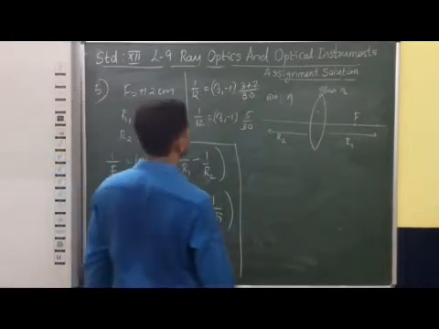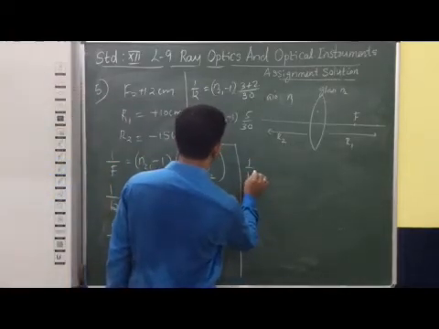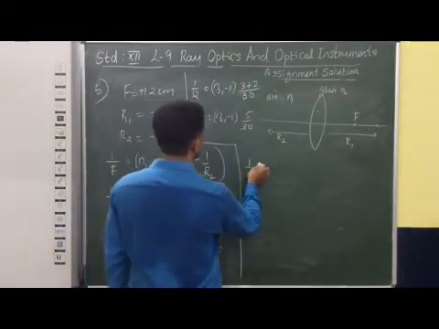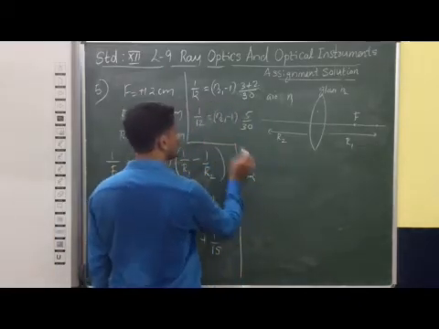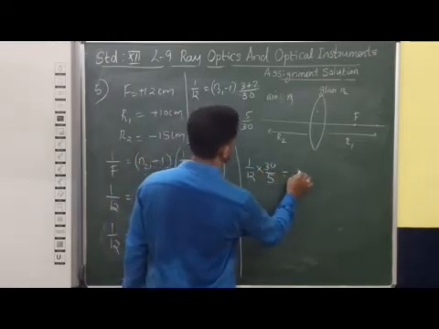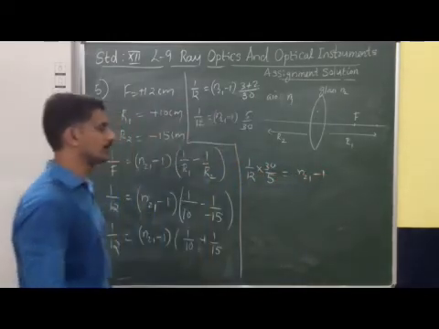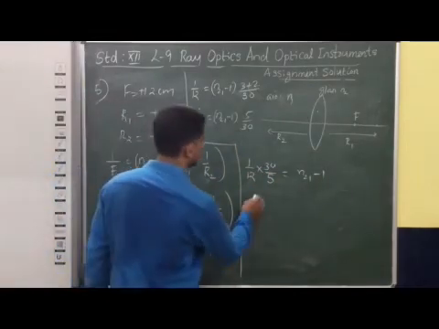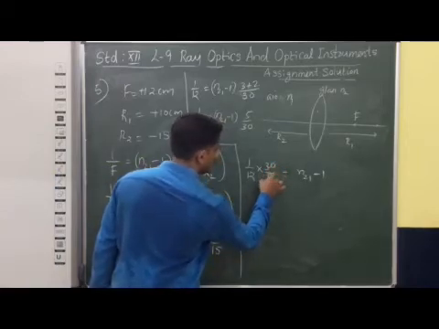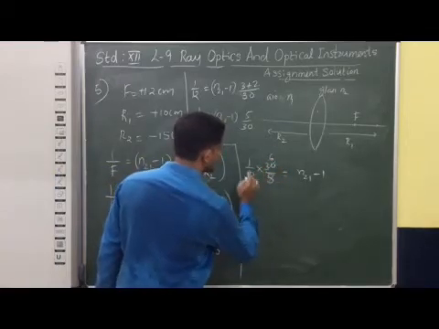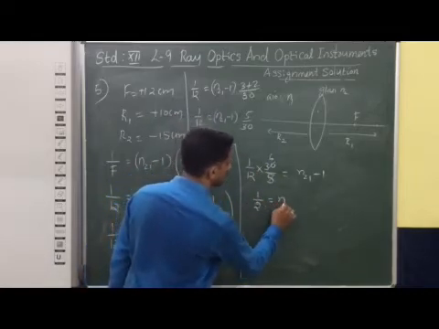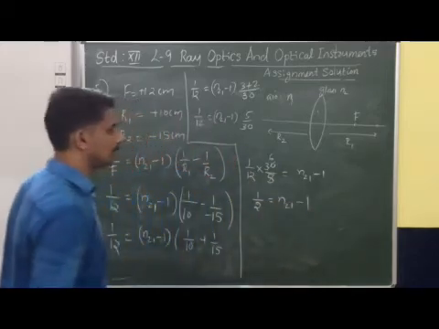Now after this, 1 by 12 is equal to, we have to take N21 minus 1 on its own. That means we can take it in the opposite manner. That means 1 by 12 into 30 by 5 is equal to N21 minus 1. So this way you can see that this value becomes 6, and 6 by 12 should be 1 by 2 only. So 1 by 2 is equal to N21 minus 1.